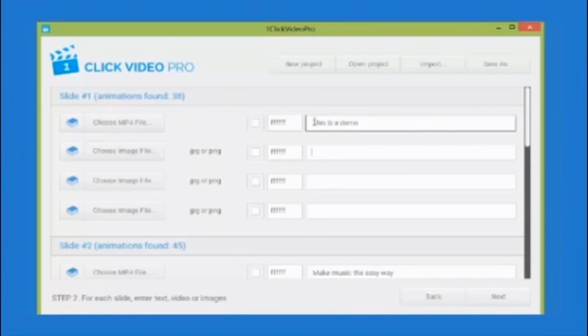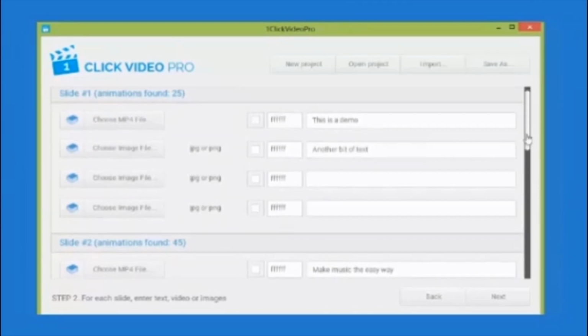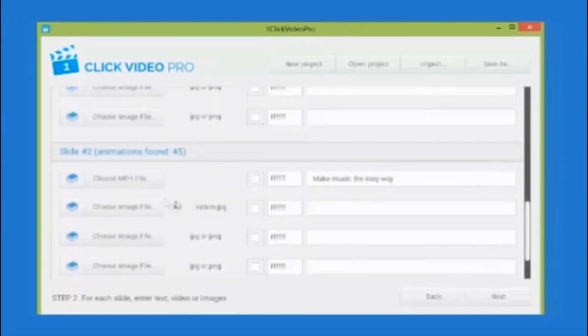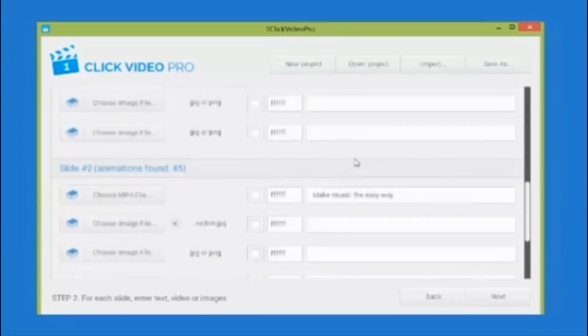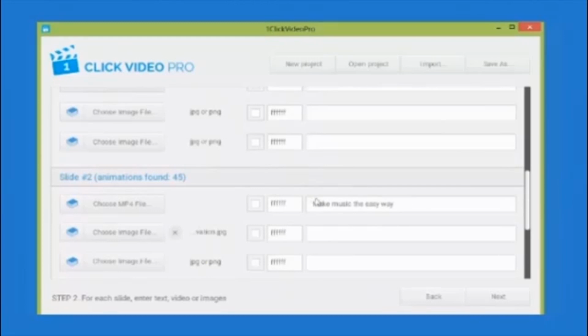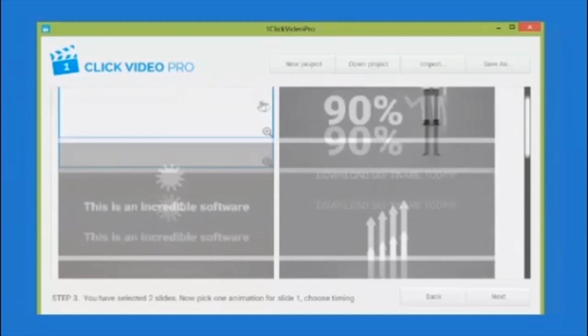So for example, you can see here I have one line of text and it's found 38 different animations. If I now enter another bit of text, then you can see that it's now gone down to 25. So I'm just going to create a very, very simple video using the first slide is going to have 2 lines of text, and the second slide I've uploaded an image and also entered a bit of text here. So we've got one that's just got 2 lines of text, and one that's got a line of text and also an image. So all we do now is we just click next and just browse through the animations and